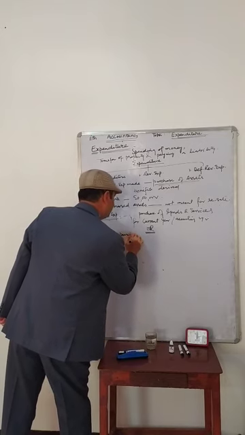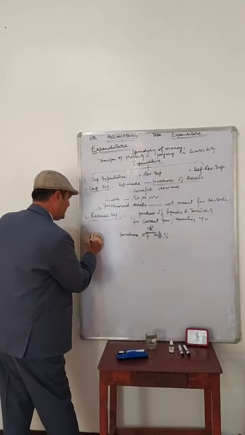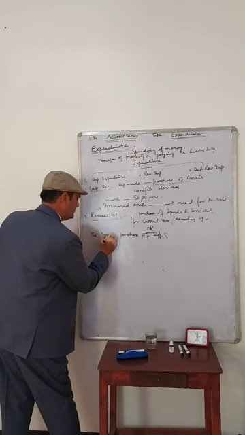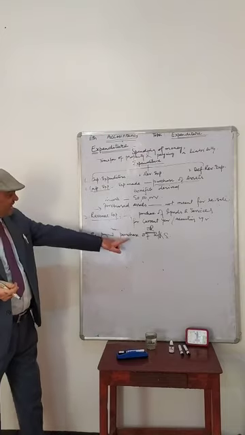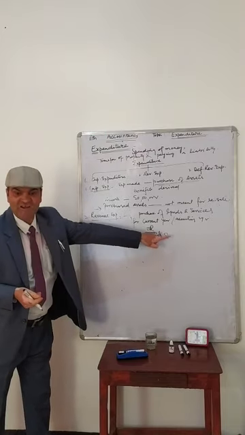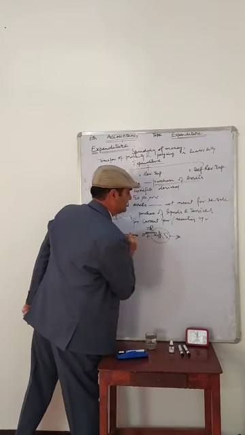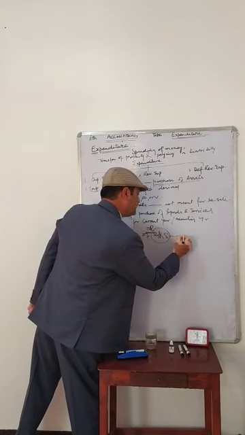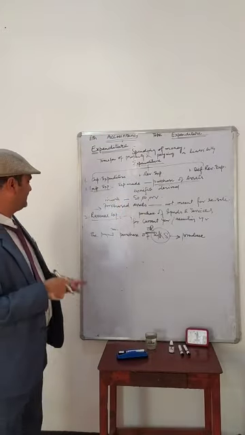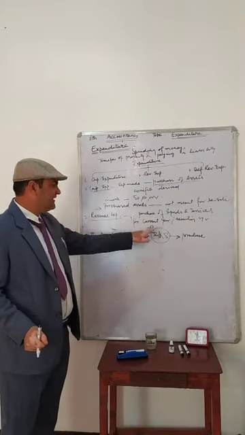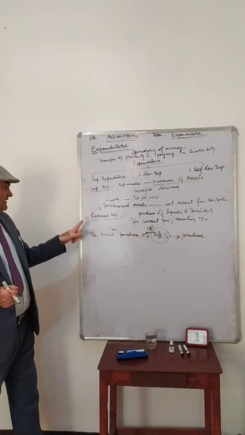Purchase of goods and services. The expenditure made, the payment made for the purchase of goods and services which are used. These goods and services are used to produce revenue or income or profit. The expenditure made for the purchase of goods and services to produce revenue, that's called revenue